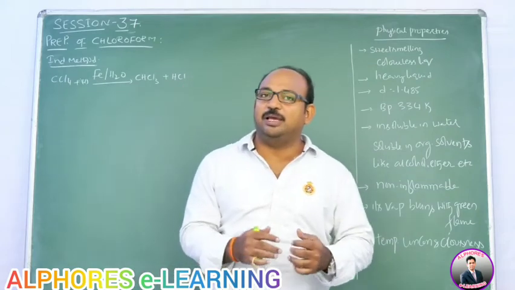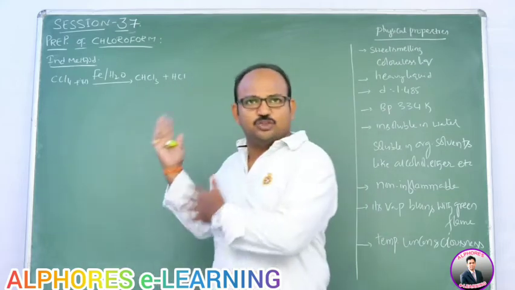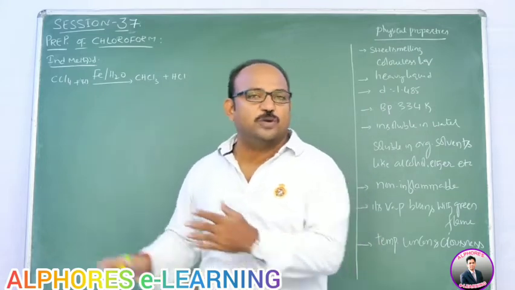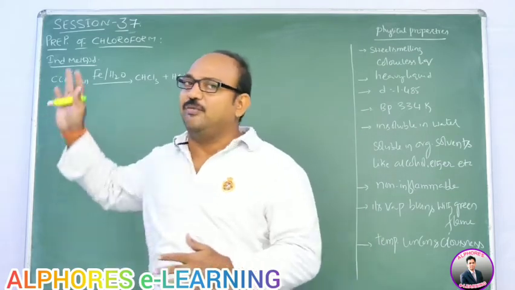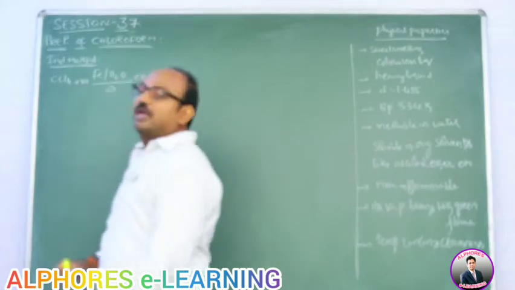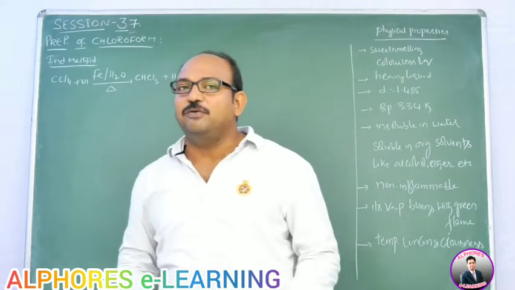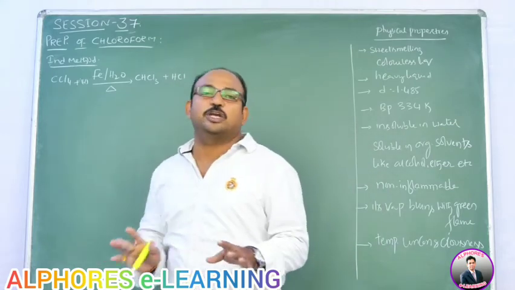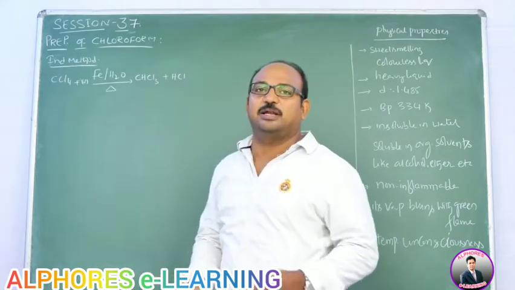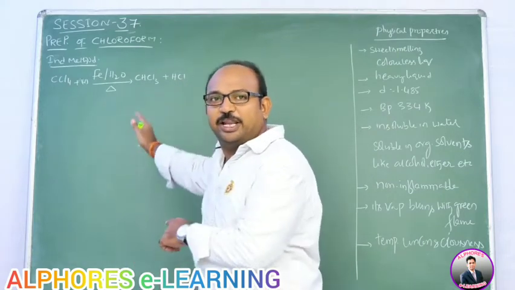But you should remember one point here: along with chloroform we also get other products like CH2Cl2 and CH3Cl. Because this is a reduction with iron filings and water, of course we are not using any acid. As we know, a metal and water reaction liberates hydrogen, nascent hydrogen, and that acts as the reducing agent. So in this method we can prepare chloroform on a large scale, but we do not get pure chloroform. The chloroform prepared in this method is used preferably as a solvent.